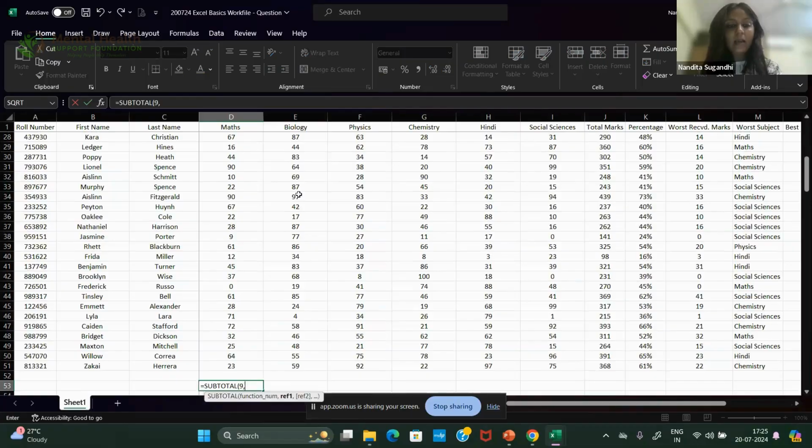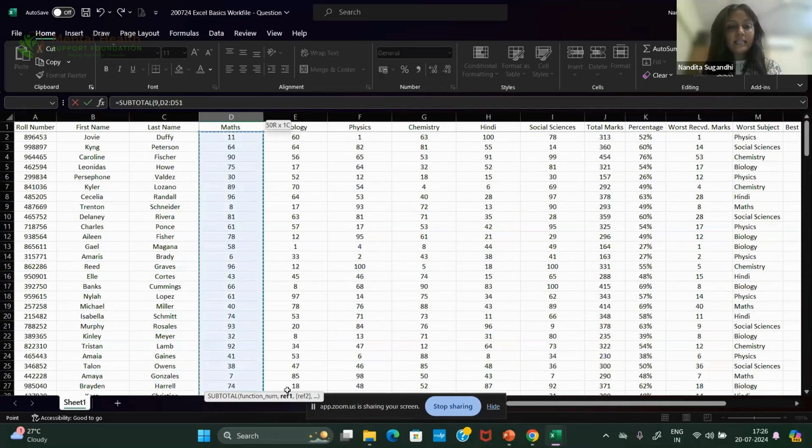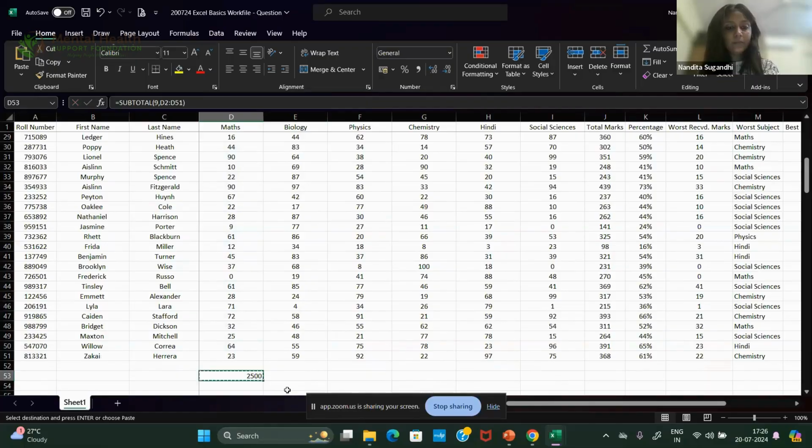In maths, I want to know by subject how the performance has varied, not by the students, so that I can talk to teachers where things are going wrong, right? So the function numeral for subtotal, 9 is for sum, and I select the entire data set, close the parenthesis and hit enter.